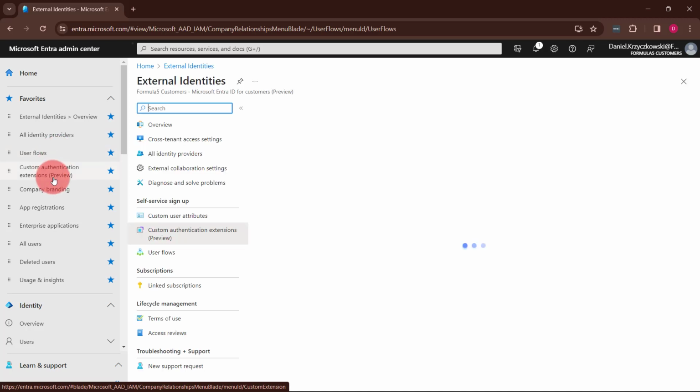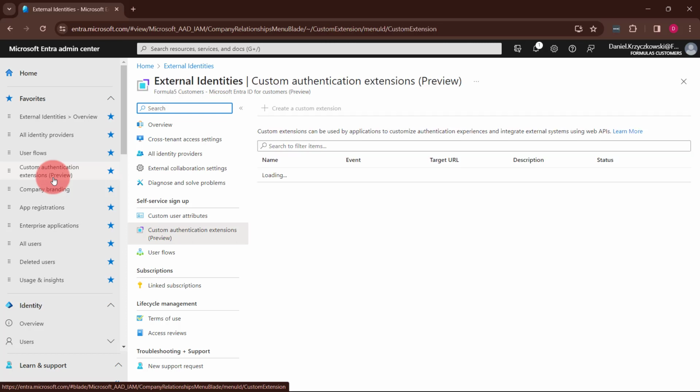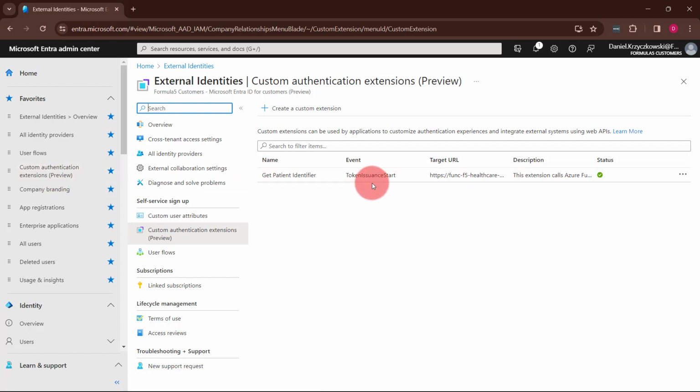And under custom authentication extensions, I can define calls to external systems. This is really powerful because here I can subscribe to different kinds of events. Right now it's the token issuance start event. Once this event is triggered, I can call an external system. In this case, I'm calling an Azure function. Obviously, in this video, we will not do a deep dive into custom authentication extensions, but I want to mention